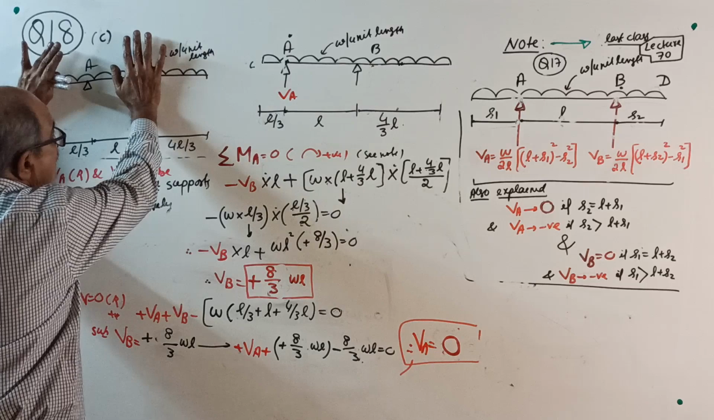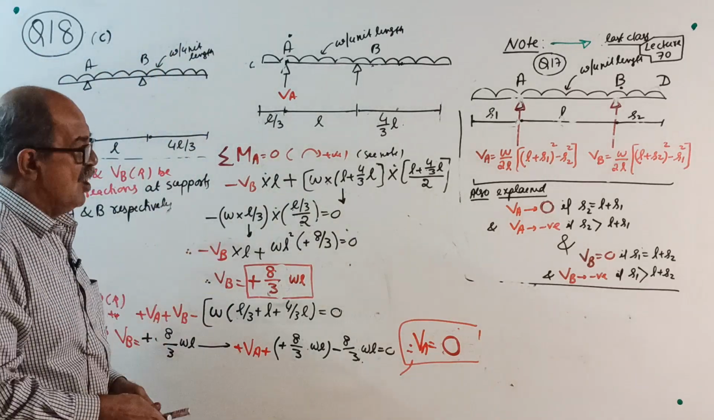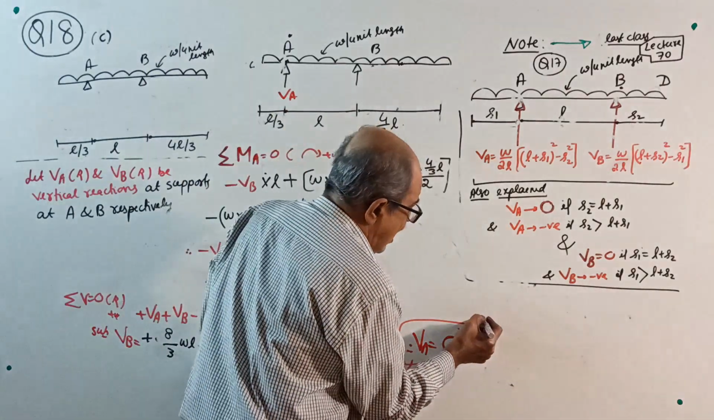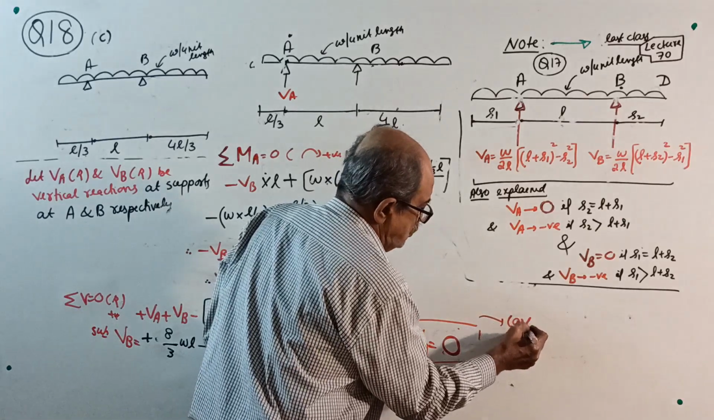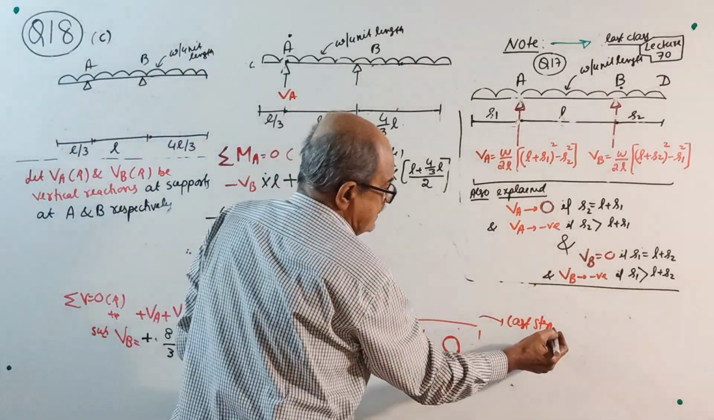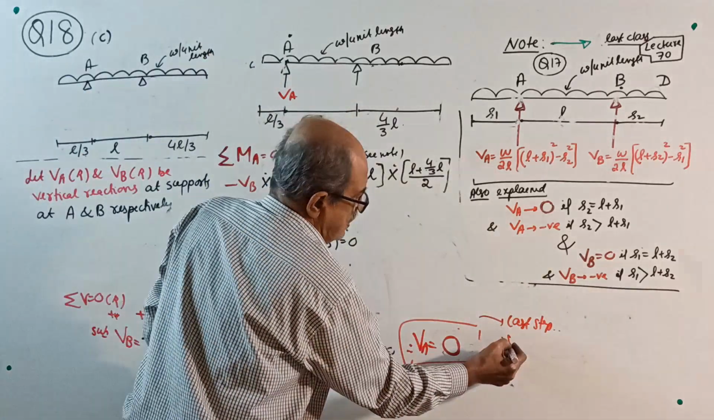Now, see, write the question. Do not write anything here, but I will write now. Not now. See, when everything is over, the last step will be, I will write now. You should not write it. What I am writing here now, you should write here. Last step will be, therefore, support reactions will be